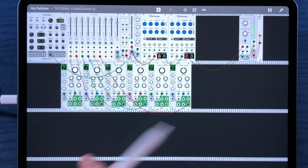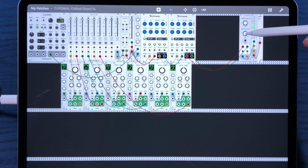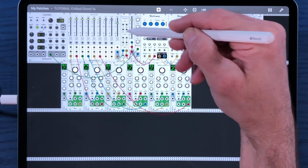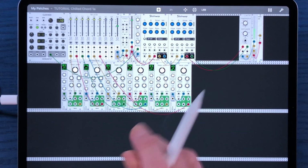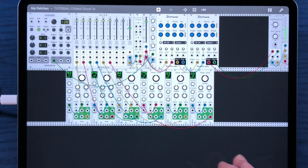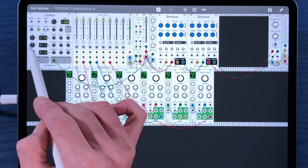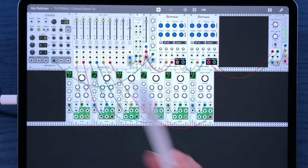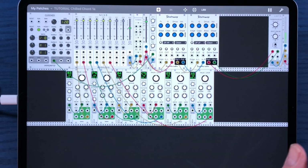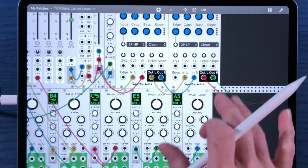There we go. And now we have more of a pulse sound. Turn this down just a little bit. Maybe over here. Now we have more of a pulse sound, so it's not just a continuous drone. And what we can do is we can go ahead and pull this clock down. Now we're getting more of a drone again, but that's because it's literally responding to the envelope that we've got